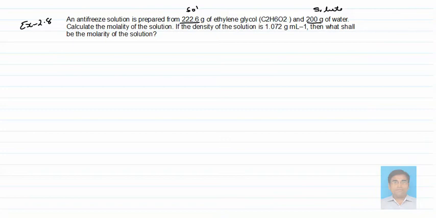If the density of this solution is 1.072 gram per ml, then what shall be the molarity of the solution? First we are going to find out the moles of water equals to W by M equals to 200 divided by 18 equals to